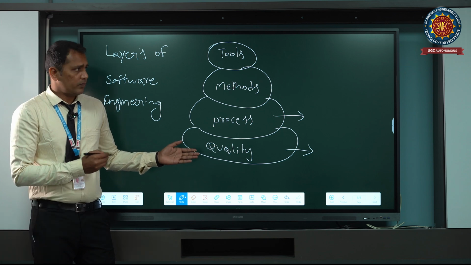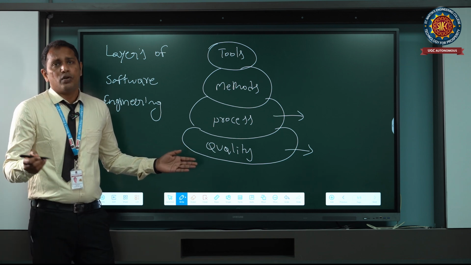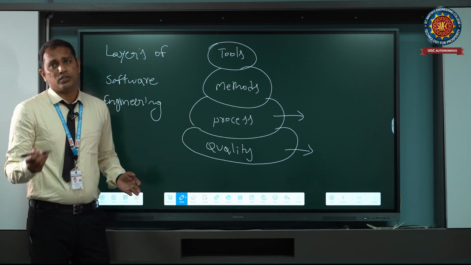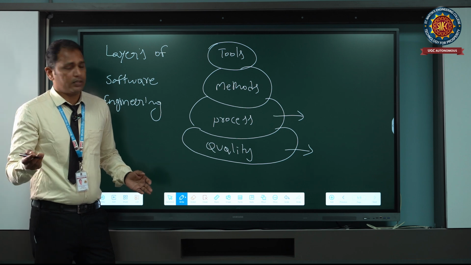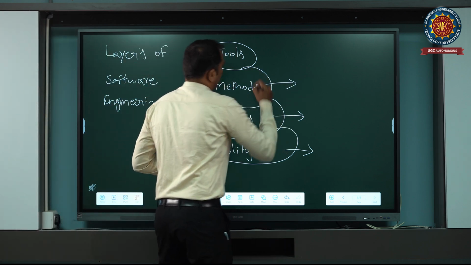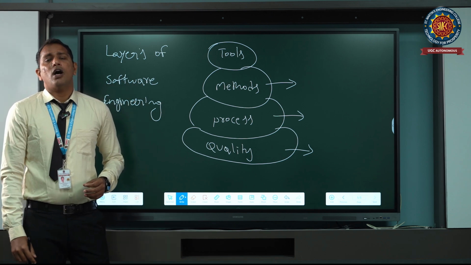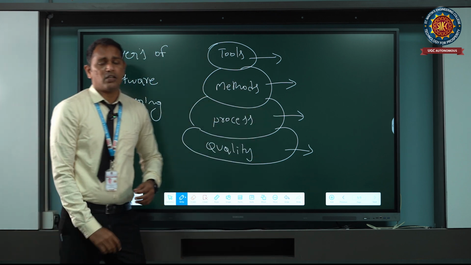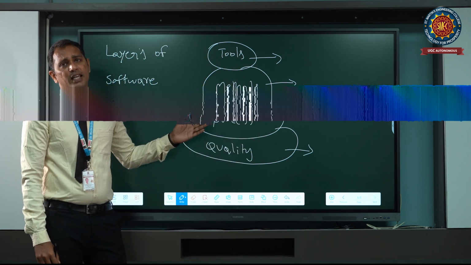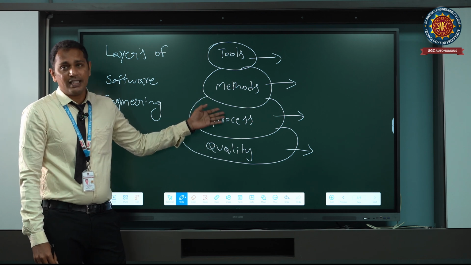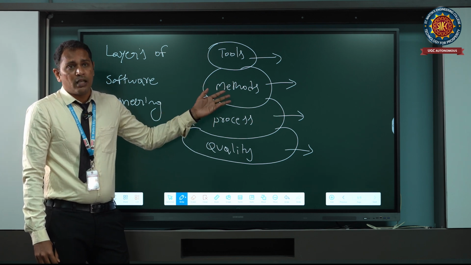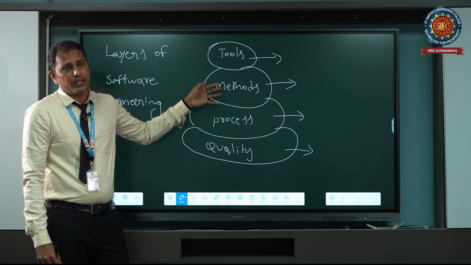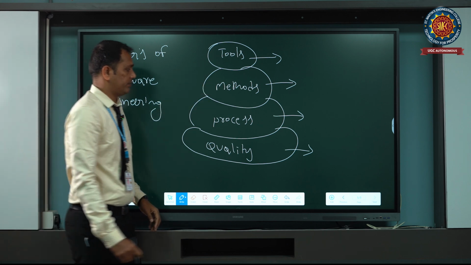Process is the main method. When a programmer is ready to develop software, first of all he has a process: what he has to do and what he has to implement. And methods: here methods are what to do and how to do. And here tools. What are the tools? The software used to implement a software, and the instructions and programs that can be implemented in these tools for the development of software.